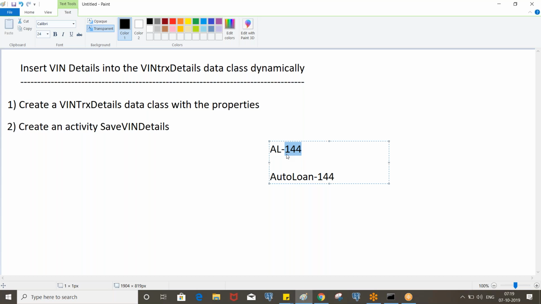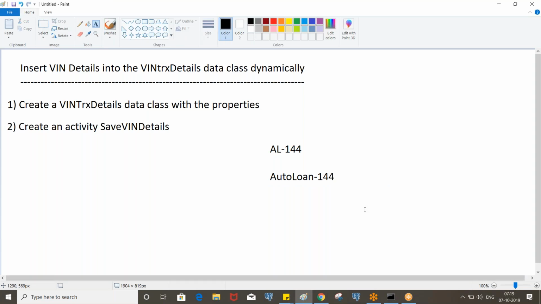So that means we are manipulating this data at runtime. We are not taking the whole text, whole data. We are taking only some portion of the text. Okay. Some value, right? So we need to take the value which comes after hyphen, and this auto loan will be the static text. Okay, so we will hard code that, and every time when you execute a flow, it will be auto loan hyphen, work object ID.